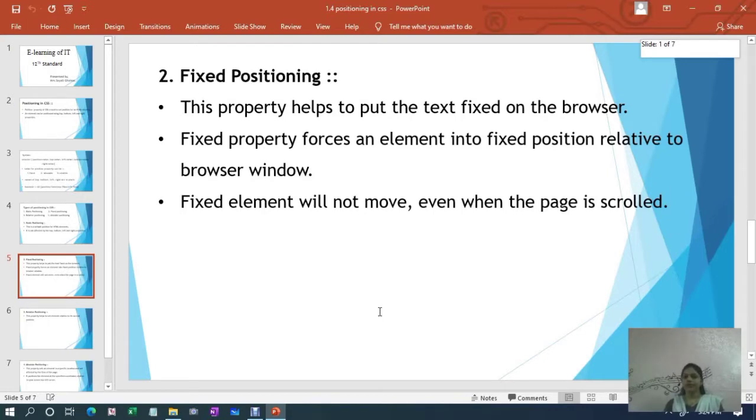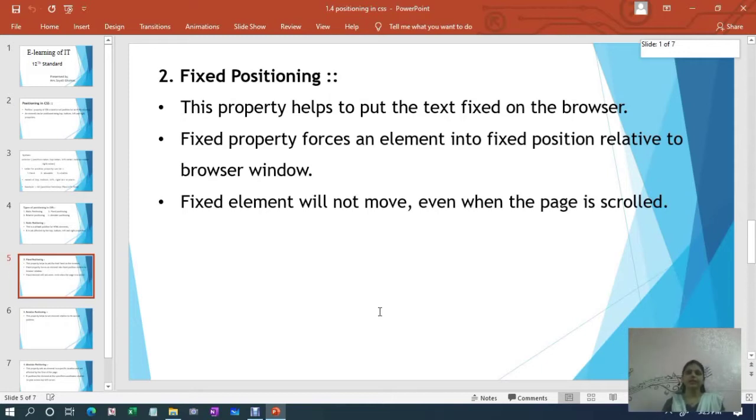Fixed property forces an element into a fixed position relative to your browser window. That is, depending on your browser window, the position of a certain element will get fixed. That fixed element will not move even when you scroll the page. In this way you can set a position for a certain HTML element by using fixed positioning.